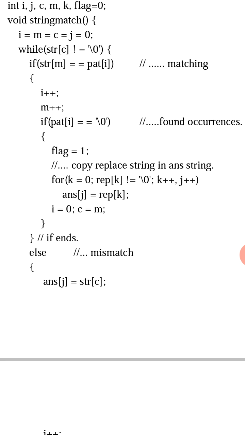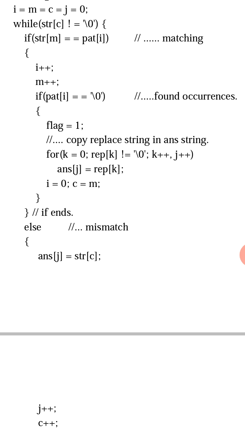And now answer of j, for the first time, copied a, and a is overwritten in your main string by g. G is overwritten by a and m is overwritten by j. And after that your replacing string reached the null character, means the end of the string. Hence the for loop terminates. Once the for loop terminates, again I am initializing the value of i equal to 0, because